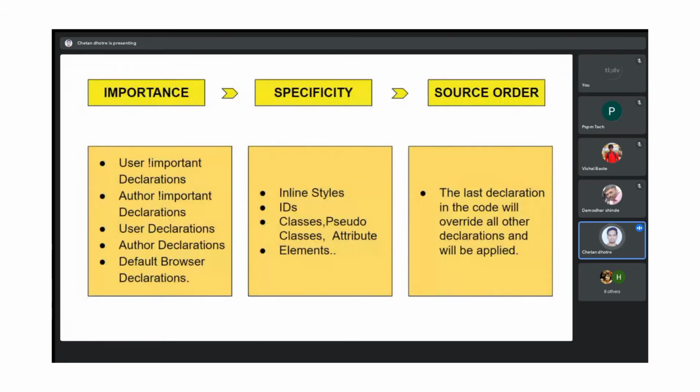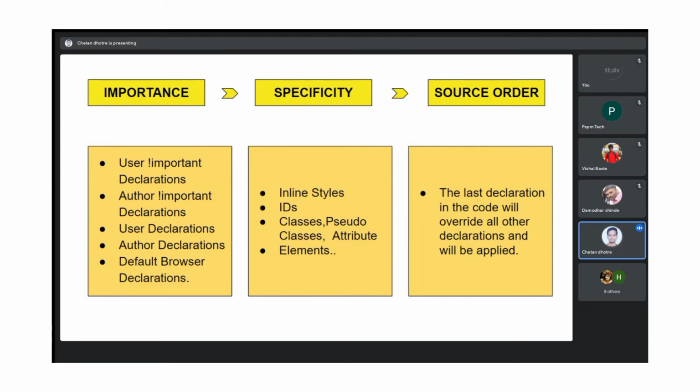Now let's talk about importance, specificity, and source order. These are some of the most important factors while you are trying to understand CSS. As I have shown here, there are many declarations, like user important declarations, which are imposed by the user when the user wants to change the browser font size.